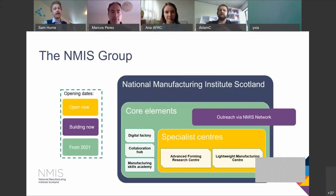Finally, we have an infographic here describing the organisational structure of the Manufacturing Institute for Scotland, demonstrating the core elements of NMIS. In purple, we have the outreach activity, which we're currently undertaking. In the yellow, we have the 2 specialist centres which are currently open, the Advanced Forming Research Centre and the